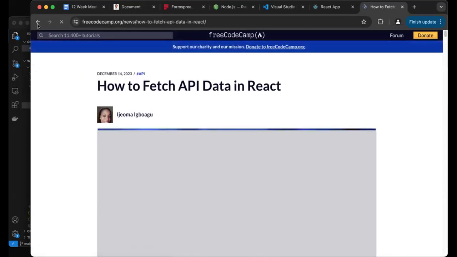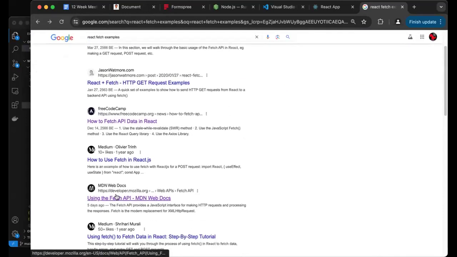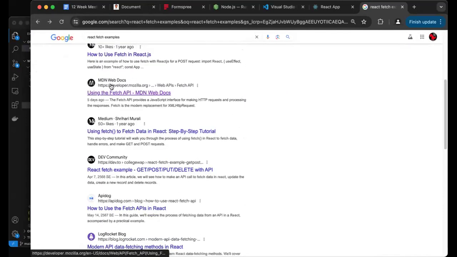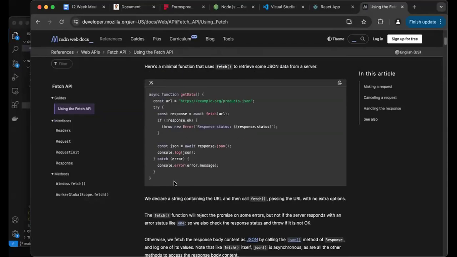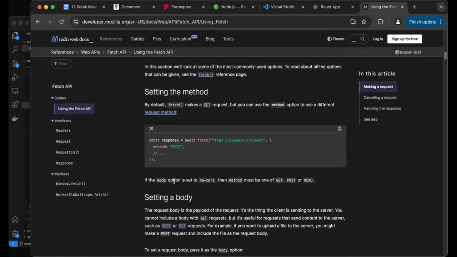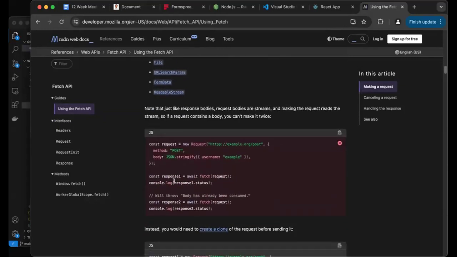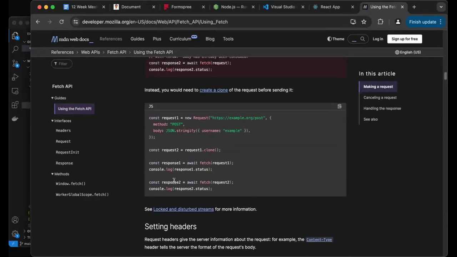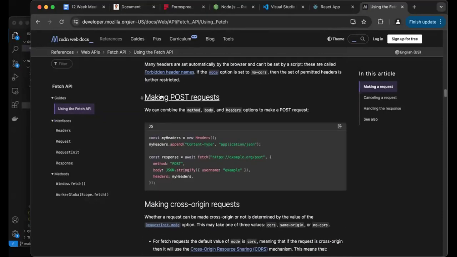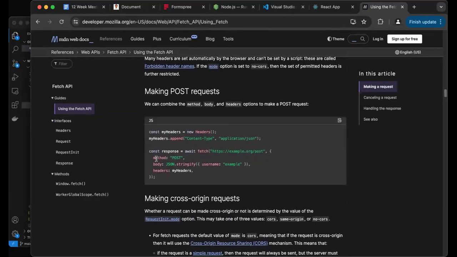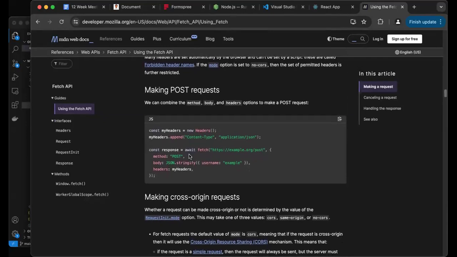Oops, wrong one. There we go. Mozilla documentation does a really good job on using the fetch API, and so I'm going to show you the method that I like to use. And hopefully, there we go, making a post request. So we're going to use this asynchronous function, and I'm not going to get into asynchronous functions today, but I